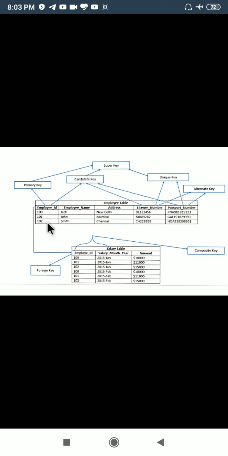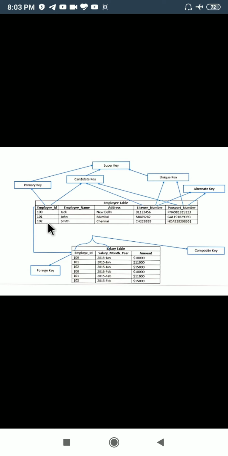So a field is a column, or we can say it's an attribute of the table. This table name is employee. This is also known as a relation. We can say table as relation. The other name for table is relation. So this is a column, or we can say it's a field, or an attribute.